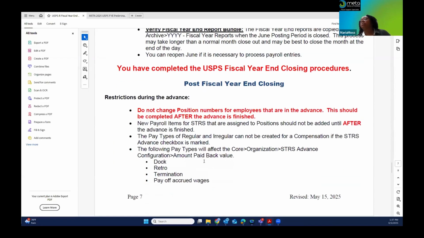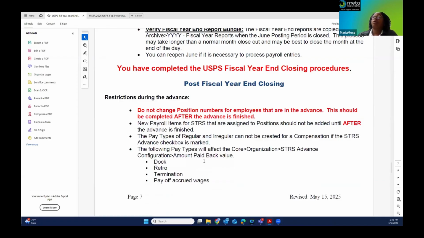Restrictions during the advance: we highly recommend that you do not change position numbers for employees that are in advance. This should be completed after the advance is finished. New payroll items for STRS that are assigned to positions should not be added until after the advance is finished. The pay types of regular and irregular cannot be created for compensations if the STRS advance checkbox is marked.